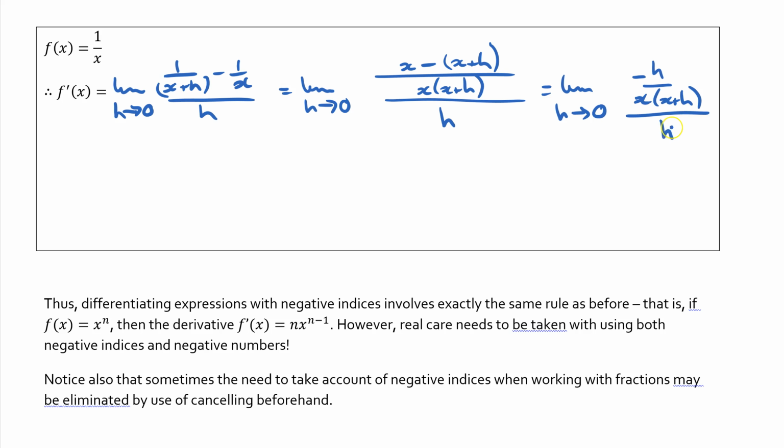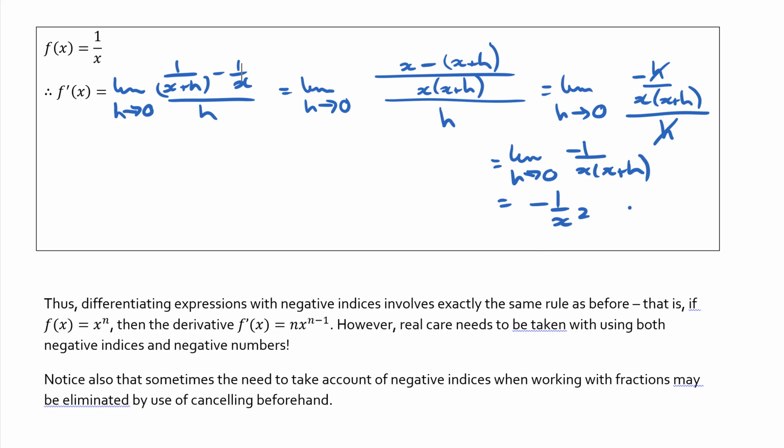Now, depends how you think about fractions, whether you want to invert and multiply, or whether you are just happy to cancel that out, but that's what we're doing. So we want the limit as h tends to 0 of 1 on x outside of x plus h. And now we can substitute the value of h equals 0 into there, and we just get minus 1 on